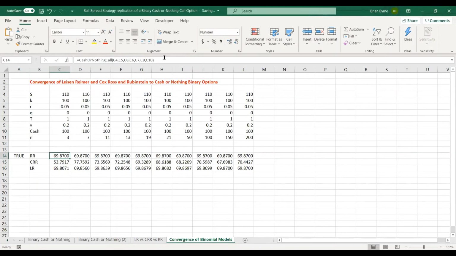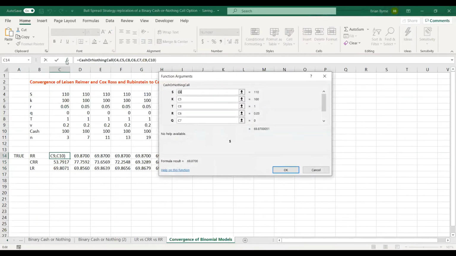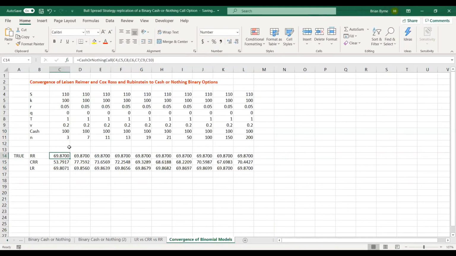The only difference here for Reiner-Rubinstein, when we look at this, is that there's no step size. And that obviously has to be the case because it's a closed form solution. It's not a numerical technique. Okay, so to judge then,